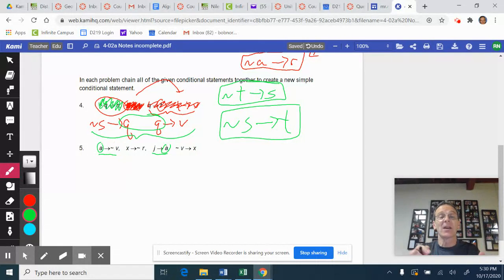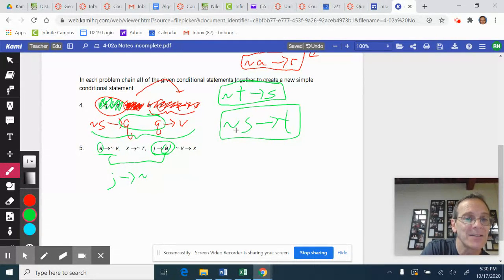And because they are exactly the same, and one's in the hypothesis and one's in the conclusion, I can combine those two statements just the way they are. And in fact, really, I'm not going to insist that you rewrite these two statements and put the J implies A in front of the A implies not V before you combine them together. I think pretty much all of you out there can, in your heads, realize that these two can be combined to give you, careful now, J